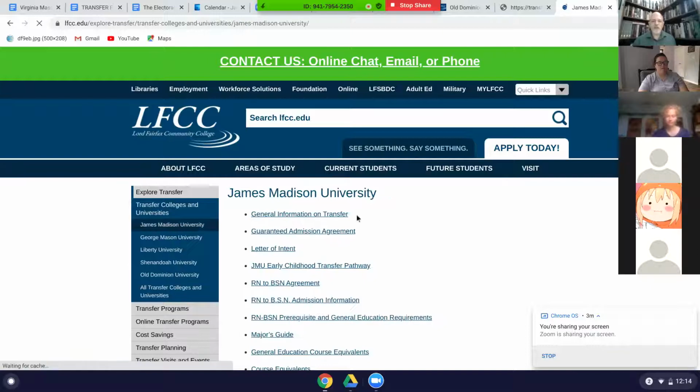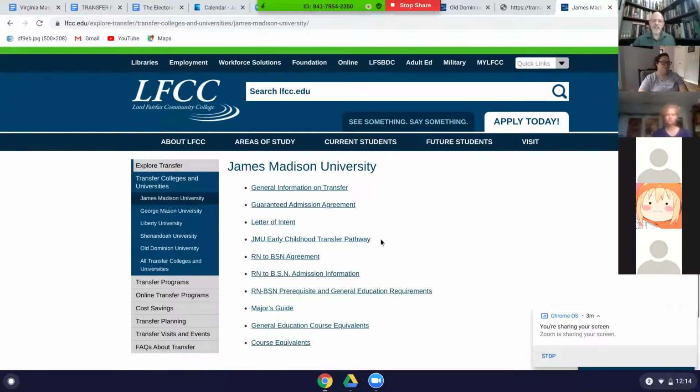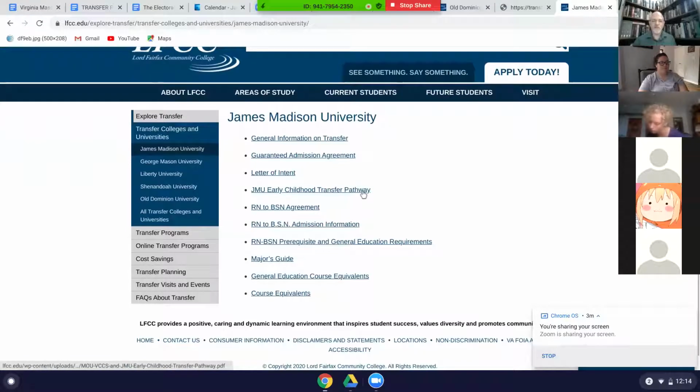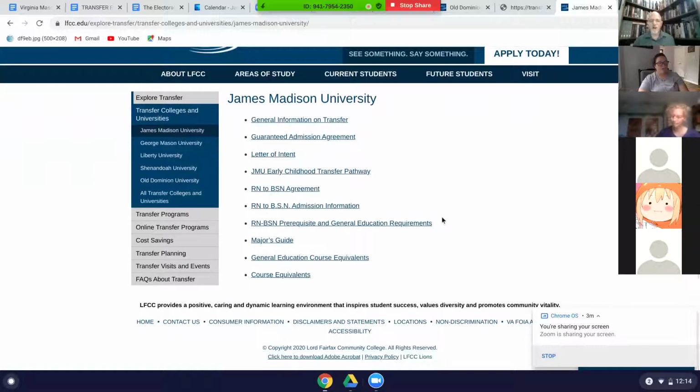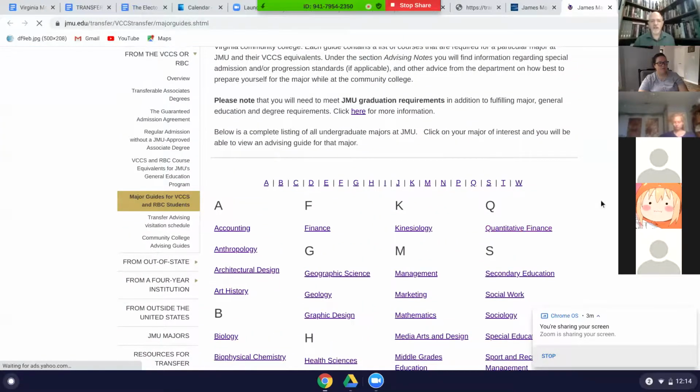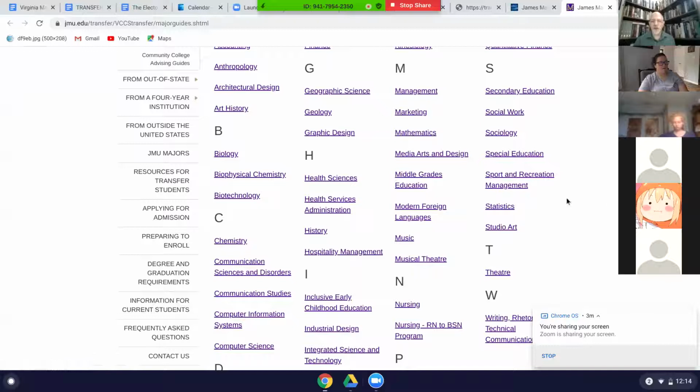But if you're thinking about JMU, we have all of these links in here. You have general information on transfer. You have our guaranteed admission agreement, which I'll go over a little bit in a minute. It shows you that we have some formal agreements in some majors with JMU that will lay out exactly what you need to take with us in order to transfer seamlessly to James Madison. And if you're thinking, well, I don't know, does JMU have my major? What kind of majors can I major in at JMU? Well, click on that link and say, okay, well, what if I want to